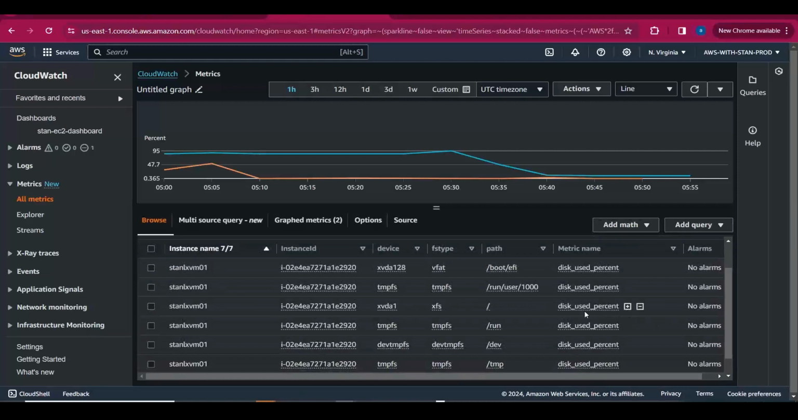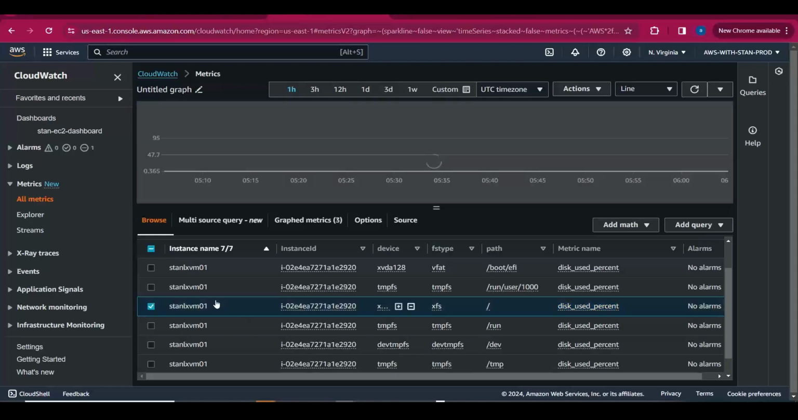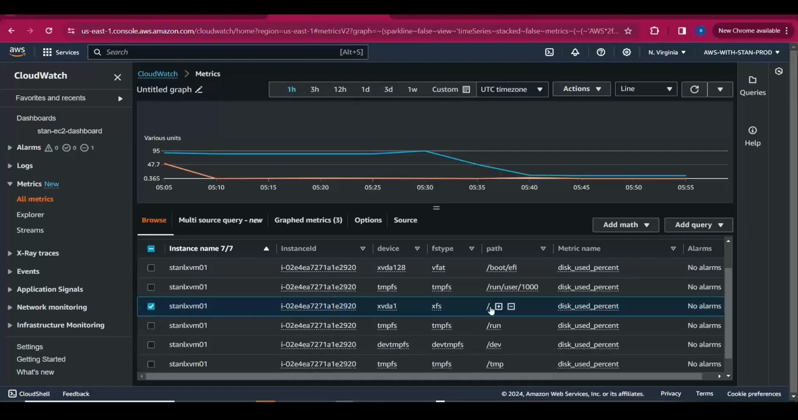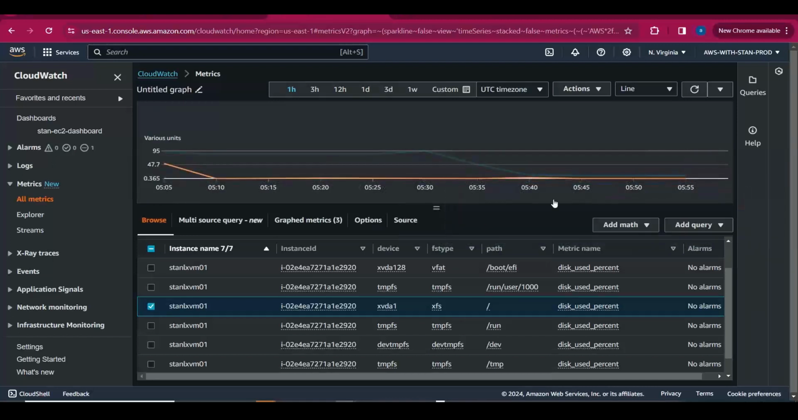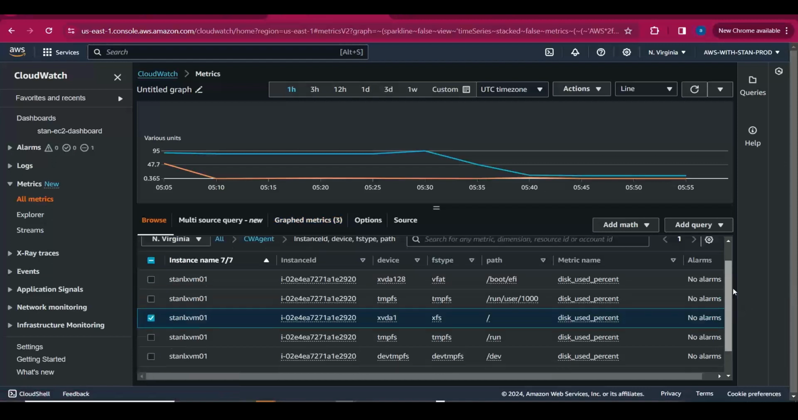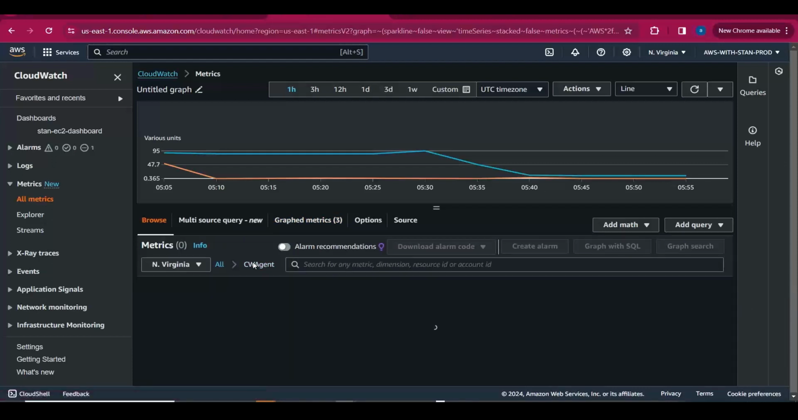See disk used percent. And generally, if you want to look at each and every partition, you can also look at it. Or else if you want to look at the XFS, the root folder, you can also go and check it. So this will tell us what is the current utilization and usage of your disk. Similarly, you can also go and check the usage of your memory here,